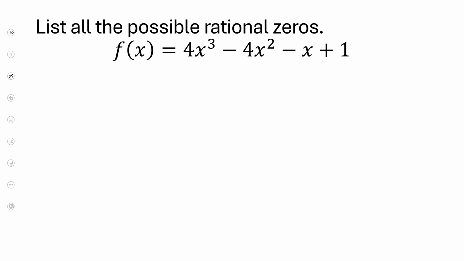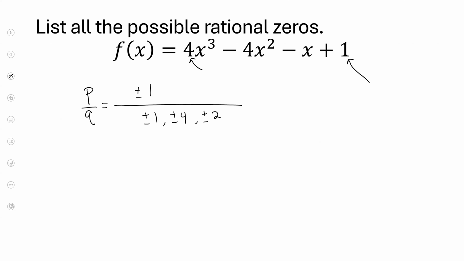Let's try to put this into practice. So using the Rational Zero Theorem, I'm going to list all the possible rational answer choices I can get. So the factors of p are just 1, because 1 times 1 is 1, and -1 times -1 is 1. The factors of q are 1 and 4, because 1 times 4 is 4, -1 times -4 is 4. Also, positive and -2. 2 times 2 is 4, and -2 times -2 is 4. So that's how we come up with these